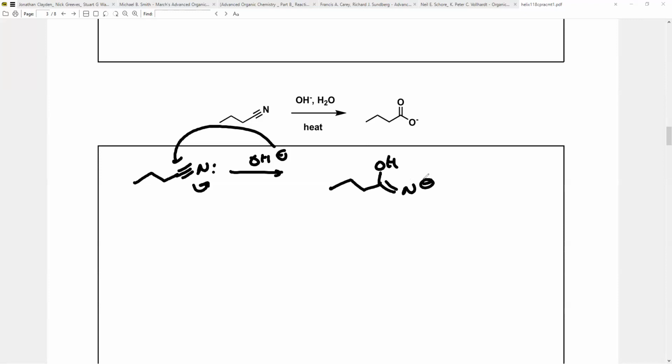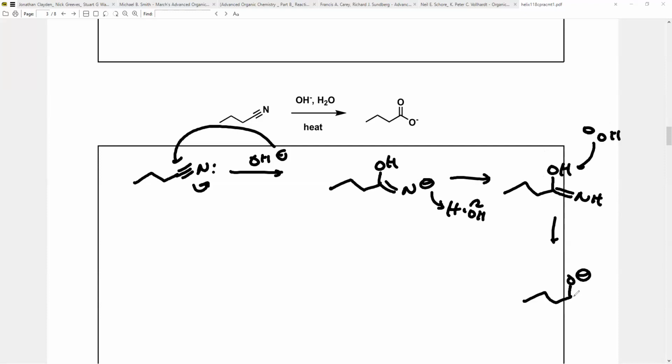We have an N minus, right? And remember, N minuses aren't as stable. So in a sense, we can do a bit of a deprotonation transfer, I suppose, where this deprotonates a water, okay? And then something deprotonates this, okay? And once we get to here, it may not be super obvious to see, that's totally fine. But if I were to go ahead and attack a proton, look at how many times I just deprotonate and protonate this hydroxide, right? This guy is just a proton transfer machine. But this gives me